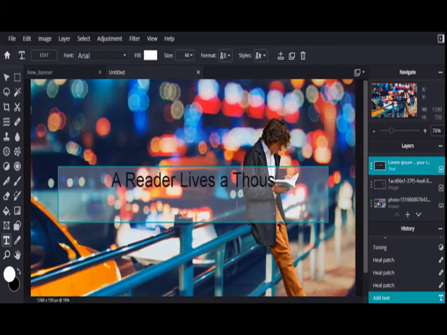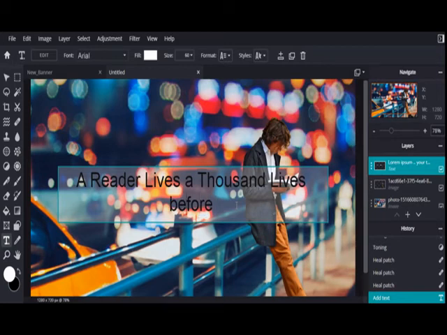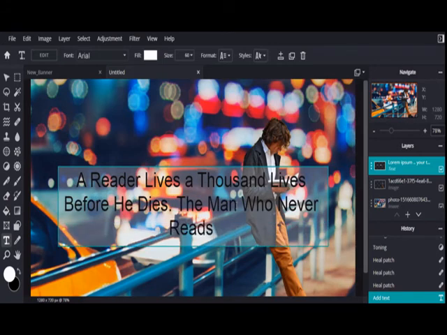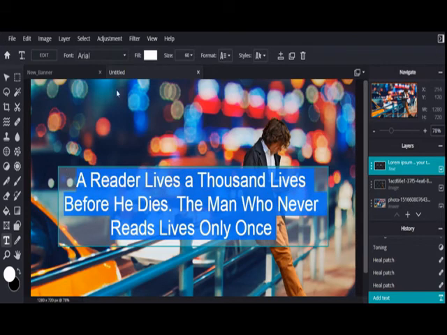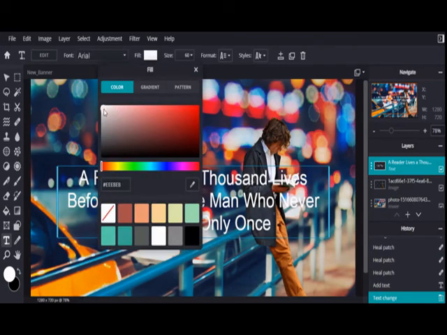Just adding that quote, and you can change the color, you can change the style of the font. There are lots of options available to you. At the top you can see, you can set the size of it as well. If you want to move that quote wherever you want to place it, you will make use of this move tool, which is this arrow sort of thing over here. You can use this to move the text to any location you want.